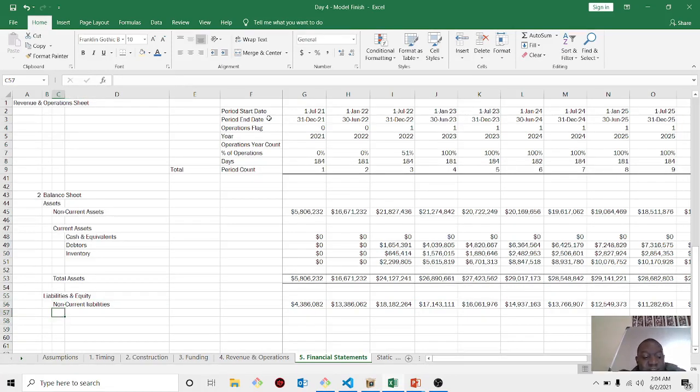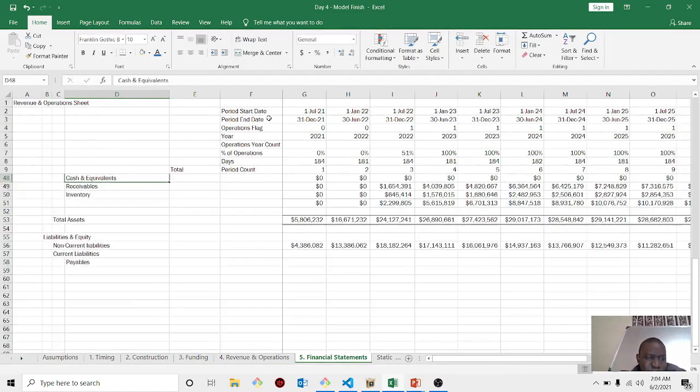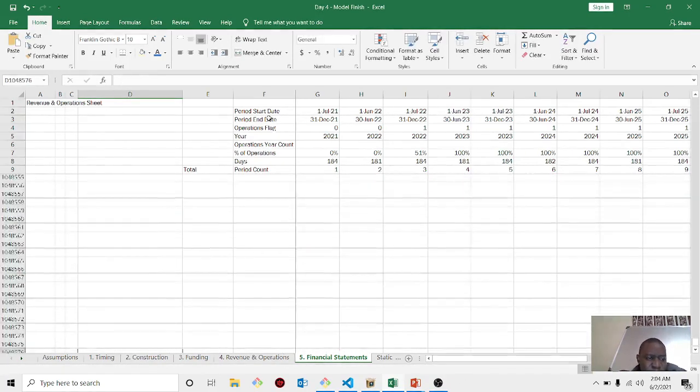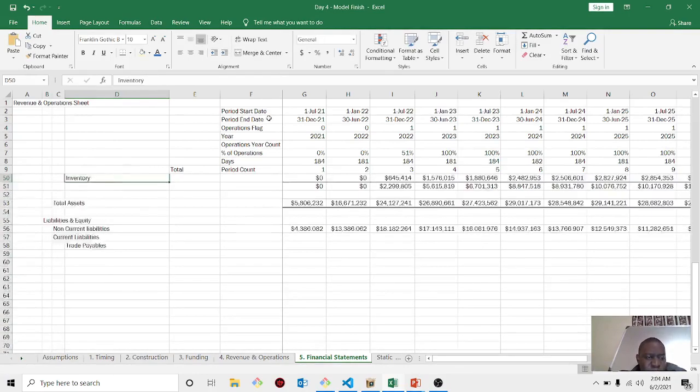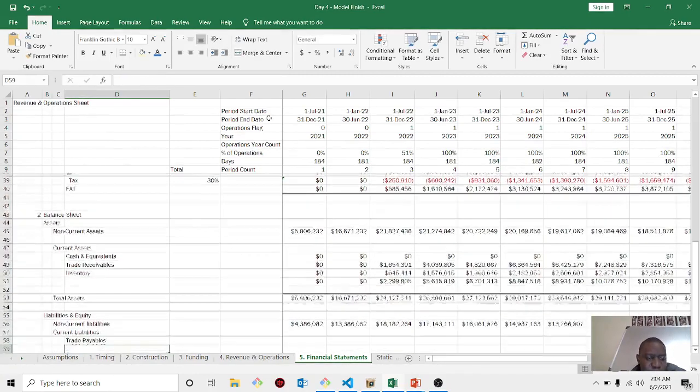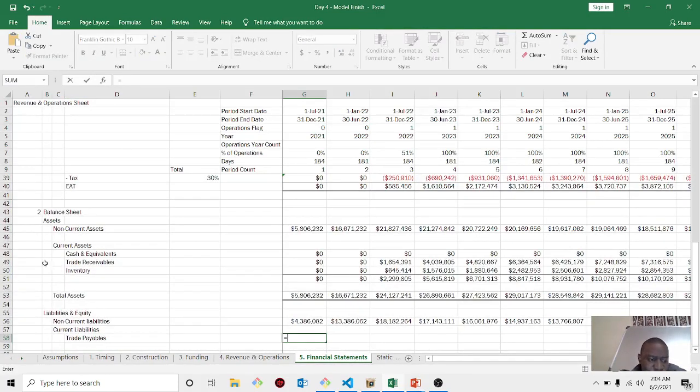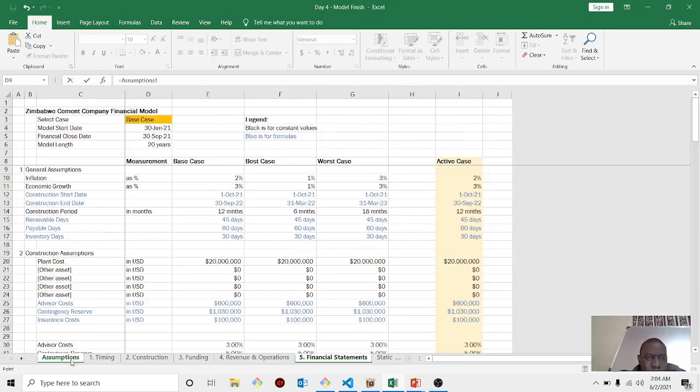And then the current liabilities will have our trade creditors. In fact, let me call them payables, and these ones, let me call them receivables. Yes, trade receivables, to be more accurate, and trade payables. So the trade payables, what are they? Again, we use the formula. Where are they? There, payable days, F4,